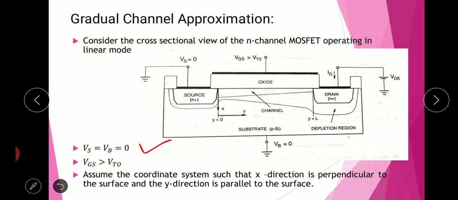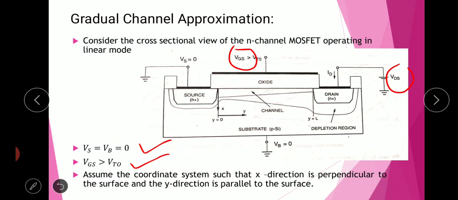And we set the gate to source voltage larger than the threshold voltage for creation of the channel or inversion layer in the MOSFET. And we have to remember that the VGS and the VDS values are the external parameters